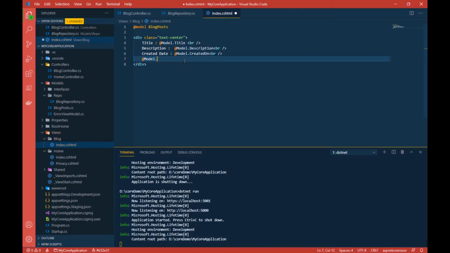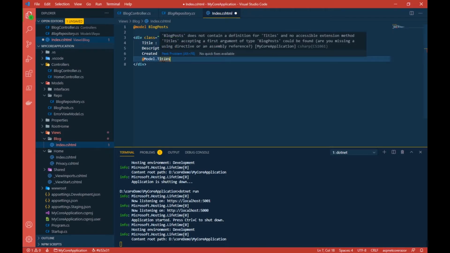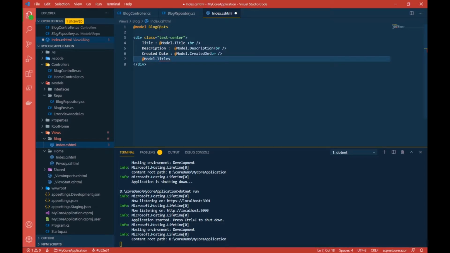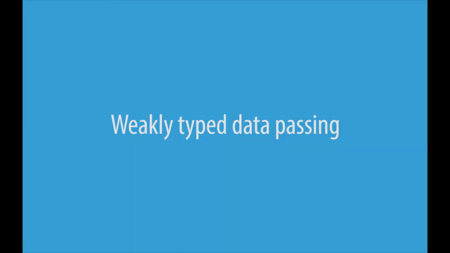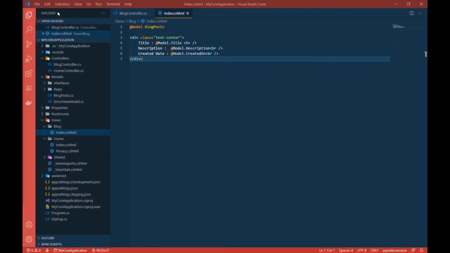We know all of the members, like this is string, this is string, this is date time. We know everything while writing the code itself. The advantage of strongly typed is that you can get the error at the time of compilation or at the time of writing the code itself, because you cannot write titles here by mistake. This will give you the error right away, saying you don't have a member called titles in this class. So you straight away get the error, and there is no chance of you making a mistake. So that was all about strongly typed.